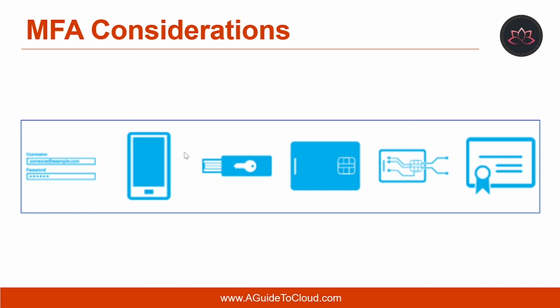Let's talk about multi-factor authentication considerations. By default, a user has to authenticate with a username and password when he or she wants to enroll a device. In an environment where stronger authentication is required, you can include multi-factor authentication. MFA is a two-step verification process which requires users to pass two or more authentication methods. So what are these? Something he or she knows, which is typically a password. Something he or she has, which is usually a trusted device, like a phone, or something he or she is,